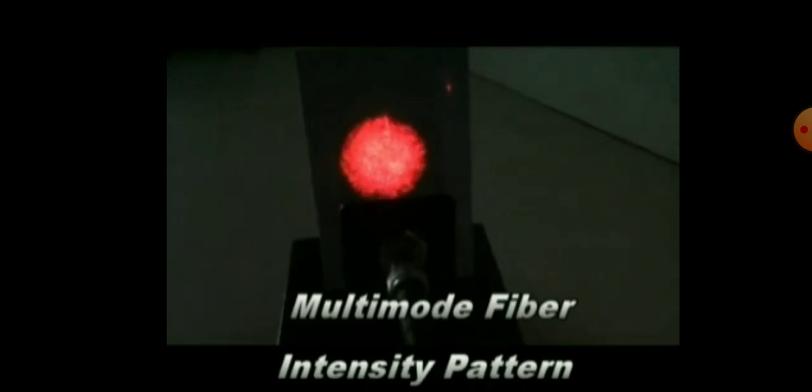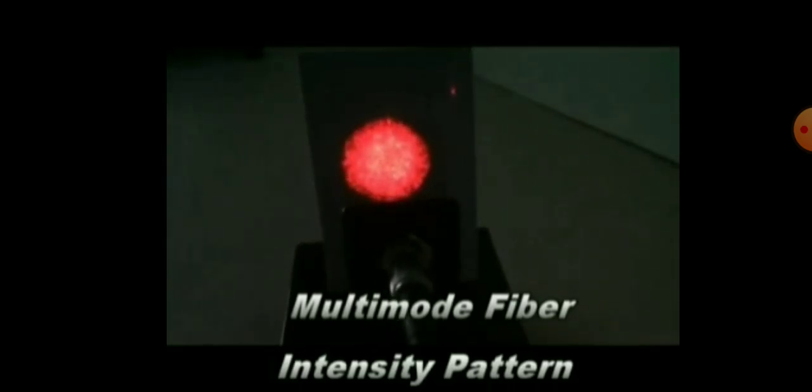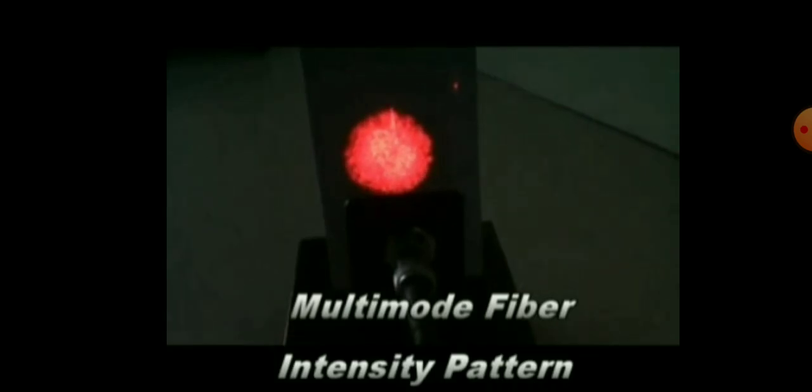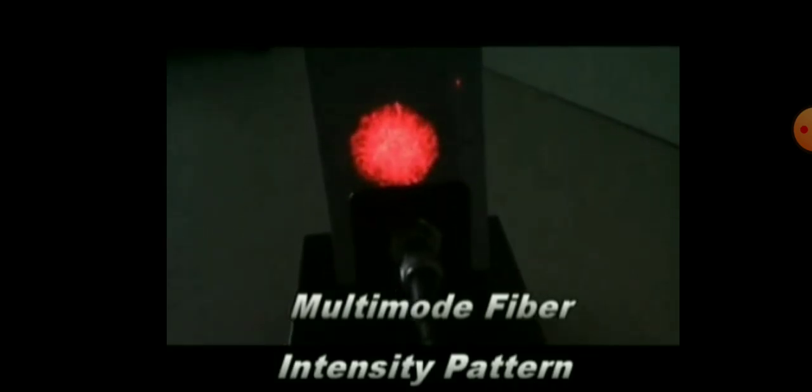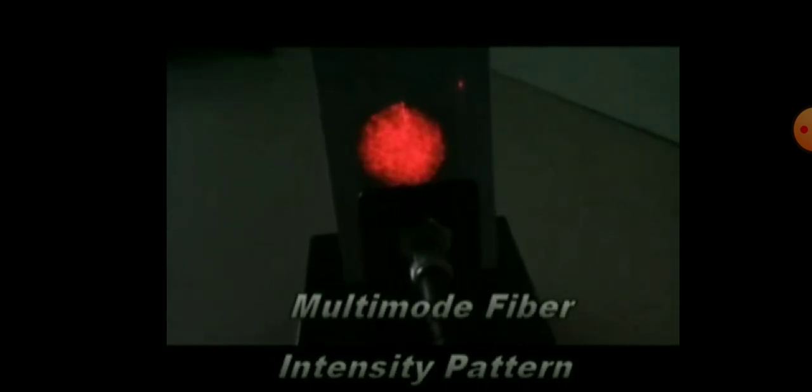Closely you can view how the diameter of the intensity pattern varies, and how the light spot on the screen varies due to the variation of the multimode optical fiber cable. The view is clearly observed on the dark board. You have to observe the diameter of this light level to measure the numerical aperture and V number.